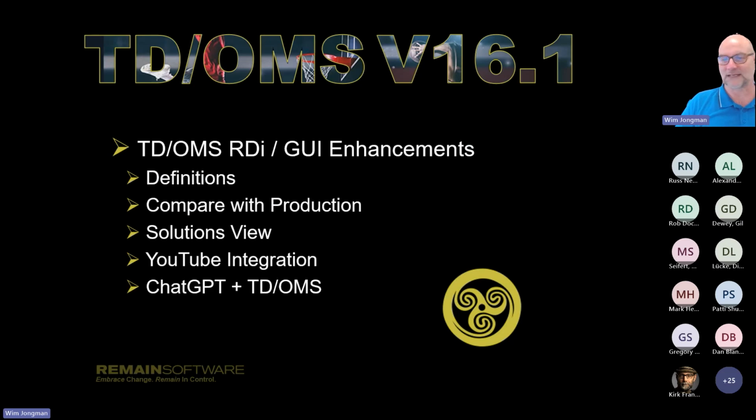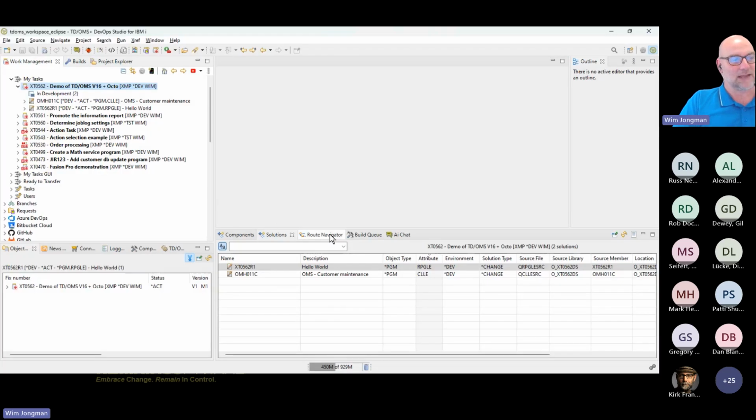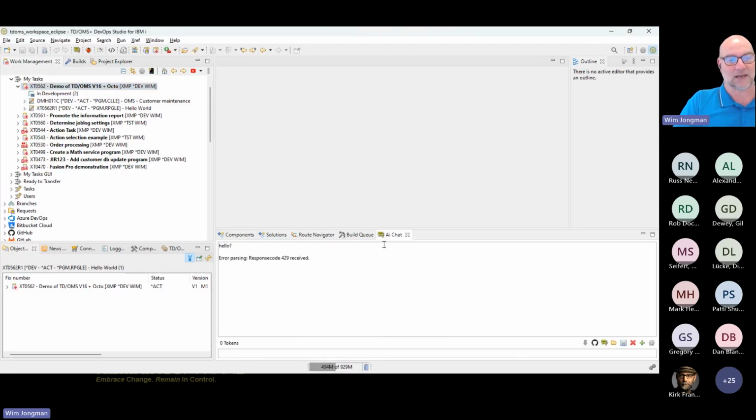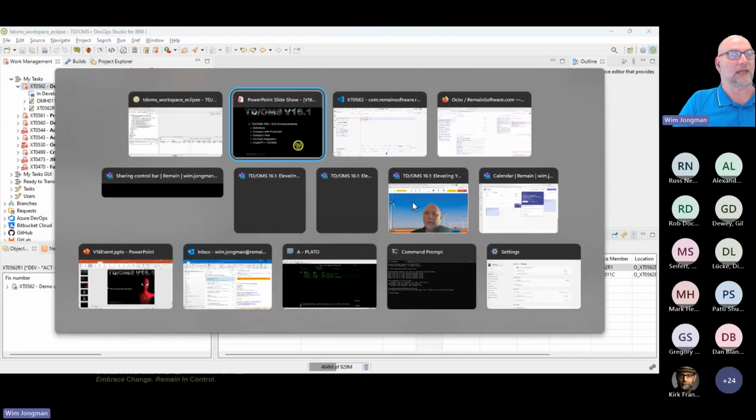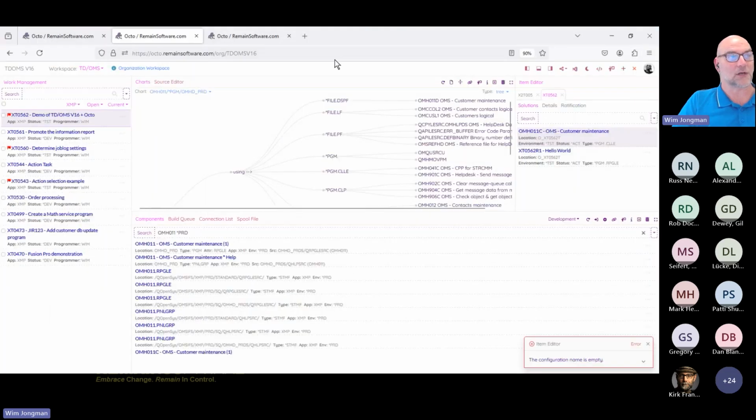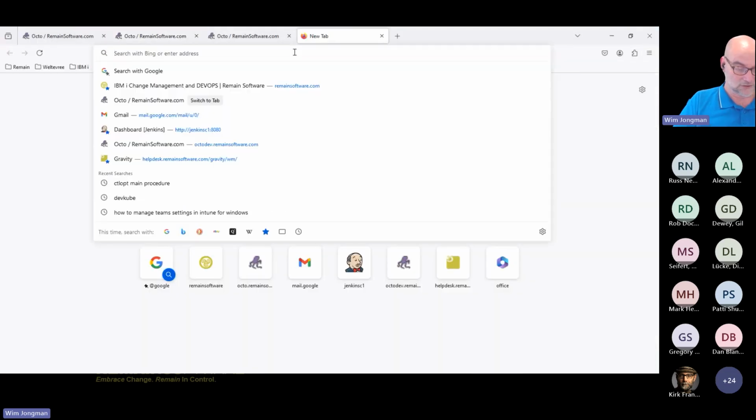And then as the pièce de résistance is ChatGPT plus TDOMS. So you already know that we have made a chat client, AI chat client inside RDI and TDOMS that you can use as a co-pilot, right? So not only VS Code as a co-pilot, we also built one for RDI. You can download it for free and it is included in our products. But we are now working with a TDOMS aware ChatGPT client. So let me open that,